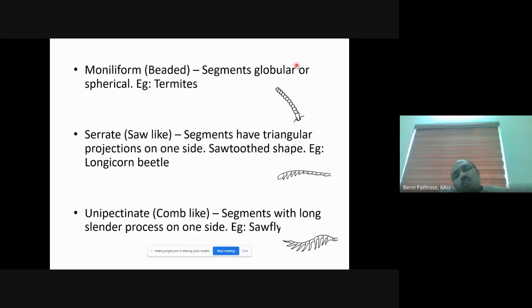Next one is moniliform or bead-like. Moniliform antenna is usually seen in termites. In moniliform antenna, each segment is globular or spherical, just like beads in a